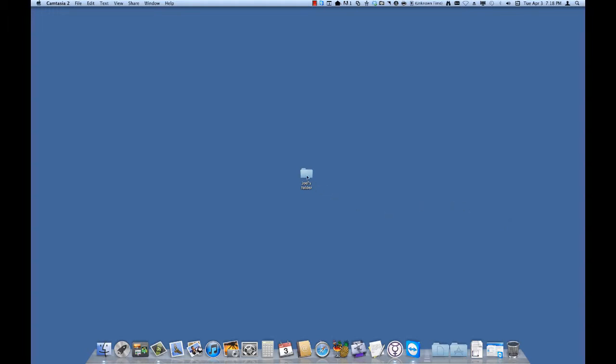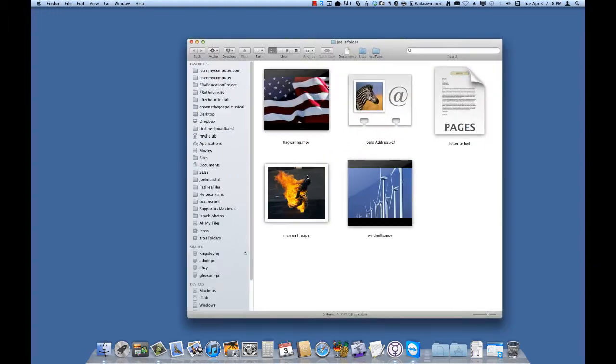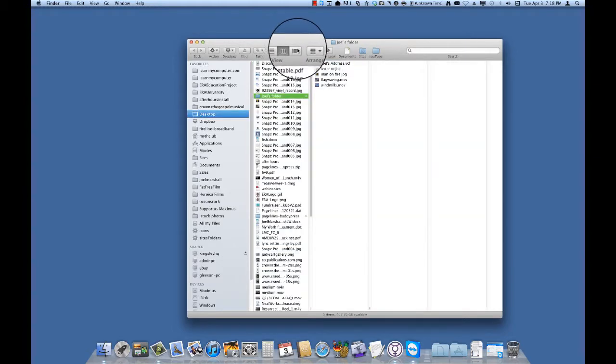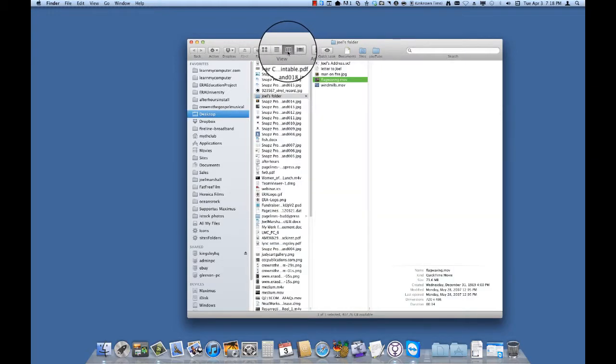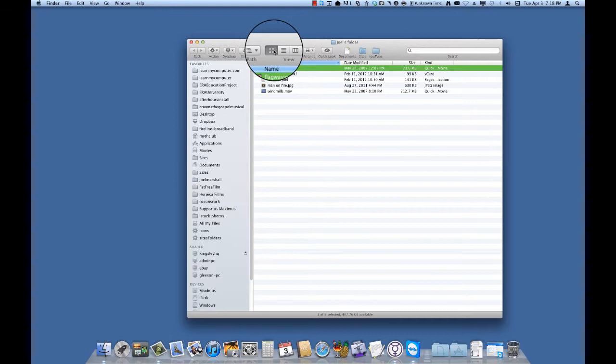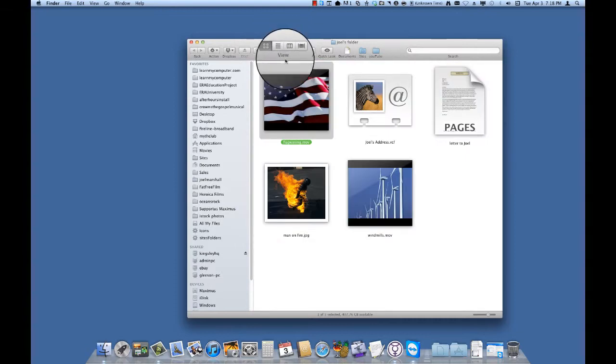We've got Joel's trusty folder here, and I'm going to double click on it, and we're going to see the files in the Finder view or in the Finder program, looking at the files. Again, there are different ways you can look at the files by clicking on these buttons up here under View or above the word View. Right now I've got it in the icon view, and I'm looking at all the icons of the 5 files